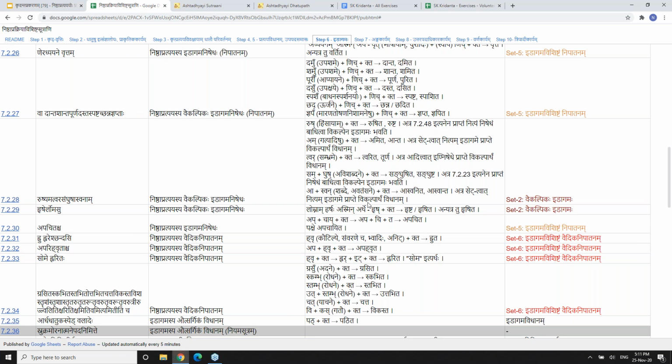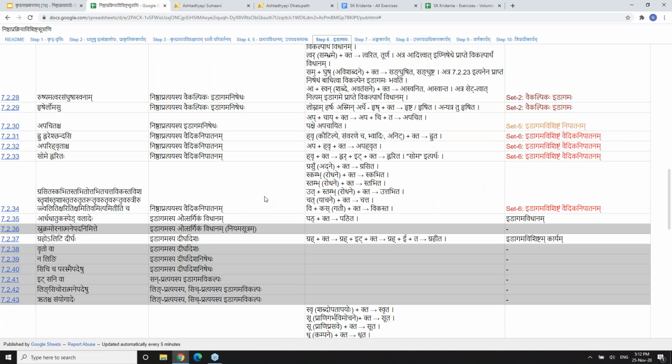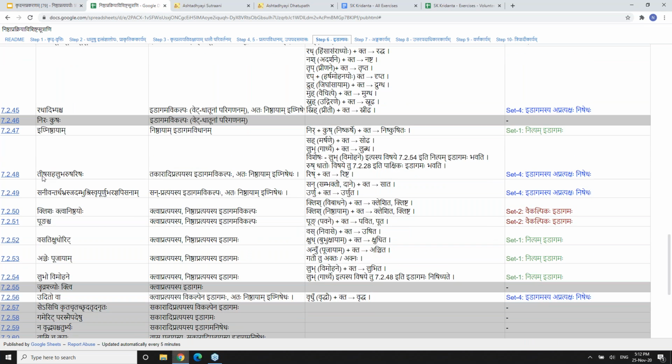For each of them, an optional idagama has been given. The examples also tell you why that option is required. So rusha iti dhatuhu asti, tatra kenachit sutrena nityam nishedha uchyate. So 7.2.48, if you look at this sutram, tisha saha lubha rusha rishaha. Atra rusha iti dhatuhu asti, अस्मात् धातोः विहितस्य तकारादि प्रत्ययस्य इडागम विकल्पः भवति, अतः निष्ठायाम् इण् निषेधः भवति यस्य